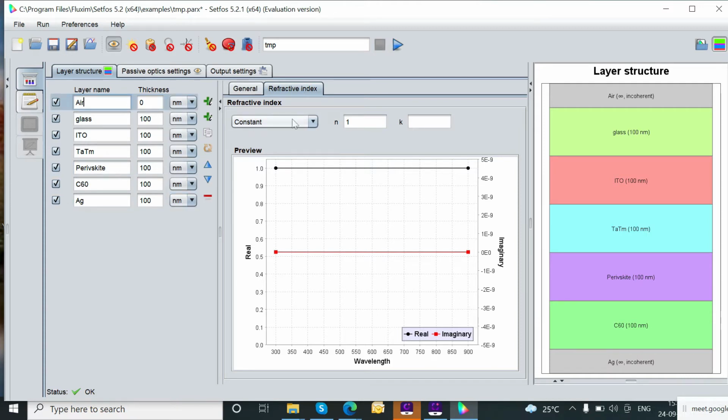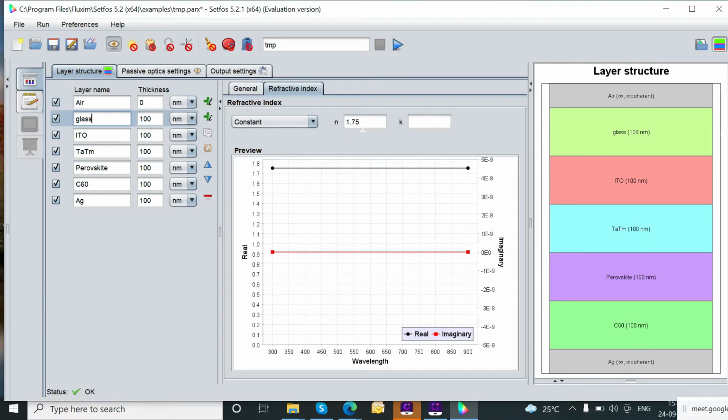The next one is called the hole transport layer, which we can use, suppose, as a molecule. This is the electrode type hole transport layer. And then suppose you want to define the perovskite, and next I could take a C60 layer, and then I can take the silver layer. Our top and bottom will be incoherent layers, which we can call non-absorbing layers. Then we will define the electrode and then semiconducting. So these are all the names I have specified. Now I would like to define the refractive index.